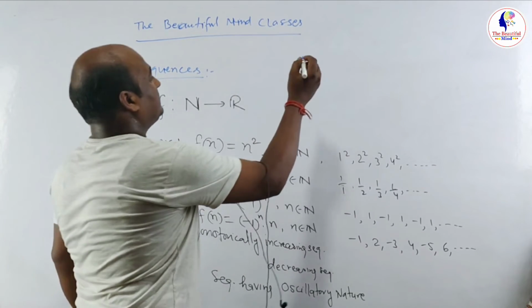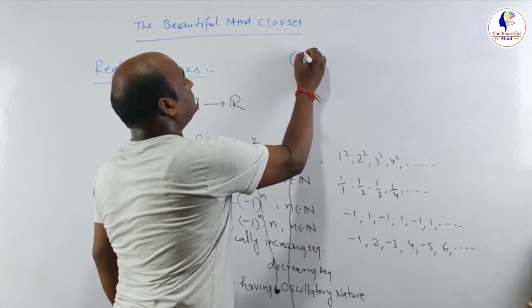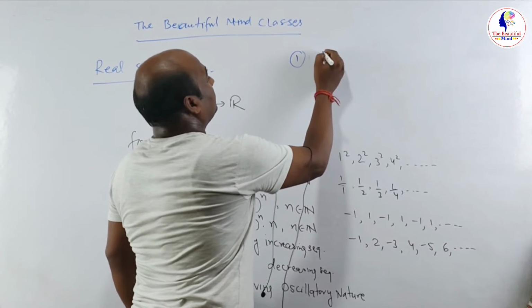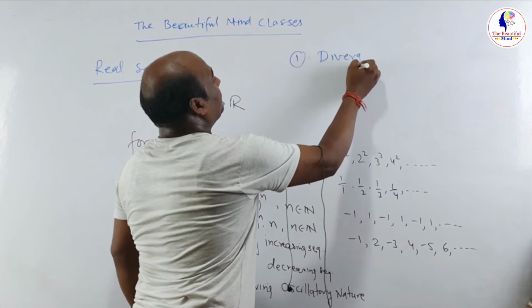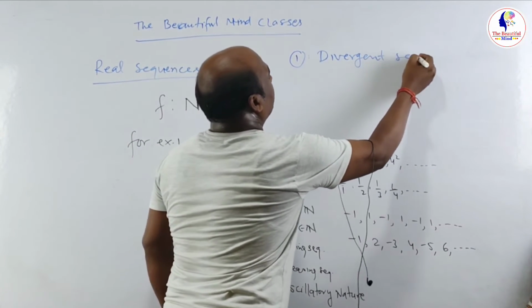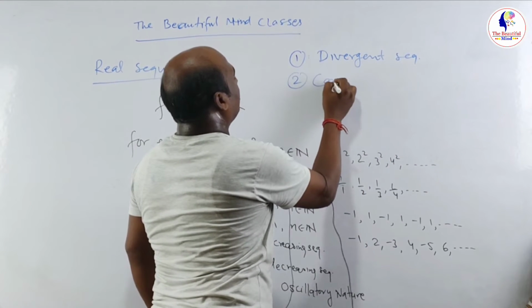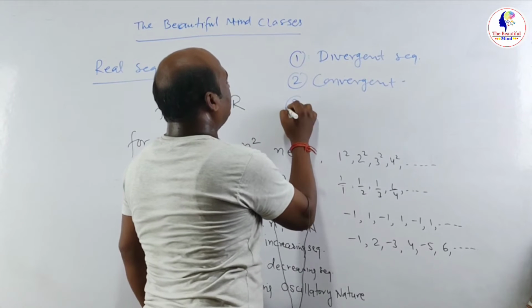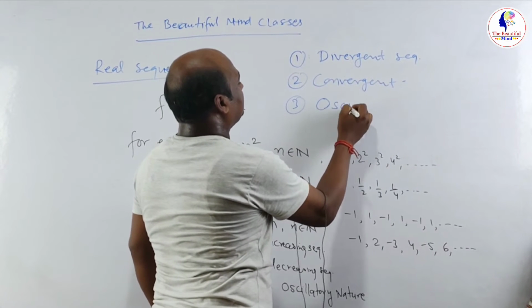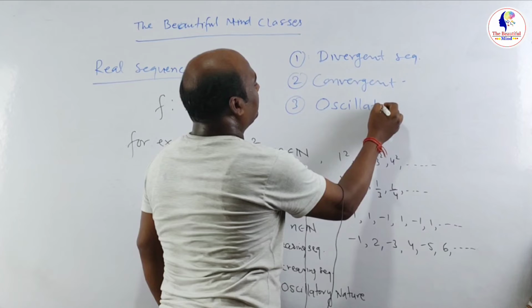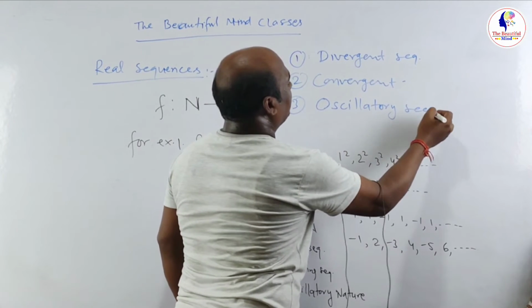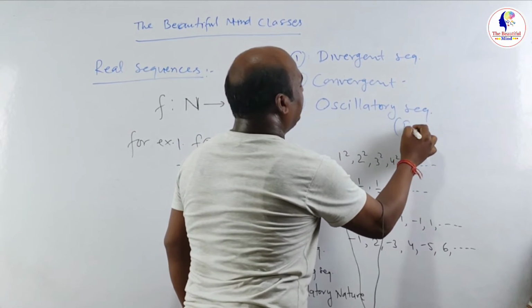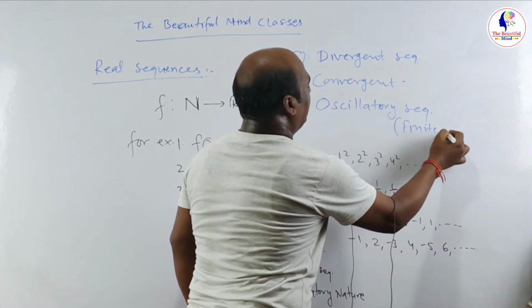So कौन से sequence के type है? One is divergent sequence, second is convergent sequence, and third is oscillatory. In this having finite